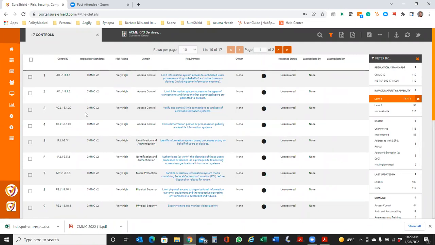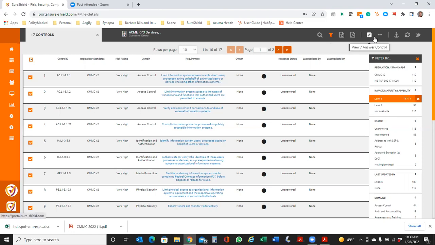So I do want to mention, when you have these controls or these frameworks initiated for you, you have a lot of different ways in which you can filter and move that data. And there's a lot of different ways you can also share the work as well. I'm not going to go into a lot of that. We will be touching base with folks who are interested in learning more. But just rest assured that in something like this, I even have the ability, so in this case, I've filtered on the 17 level 1 controls.